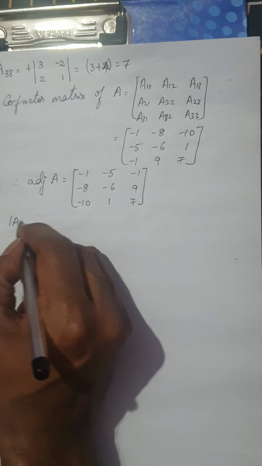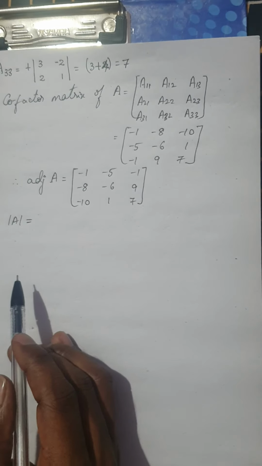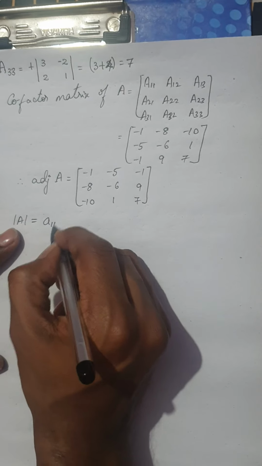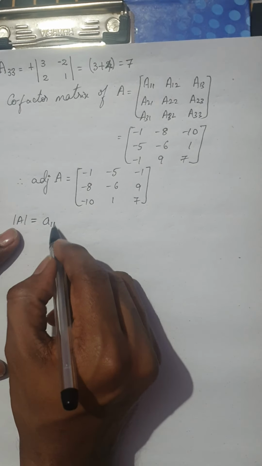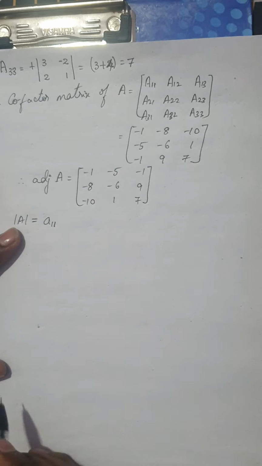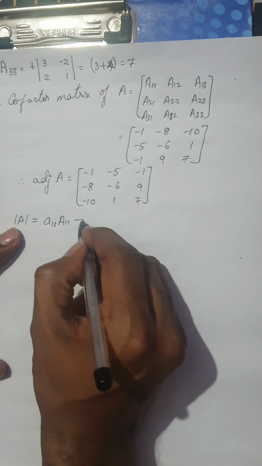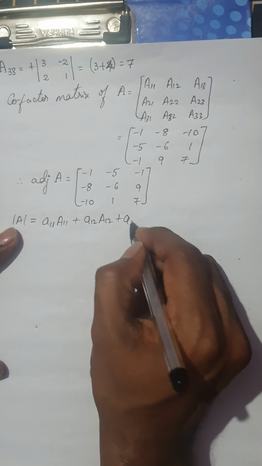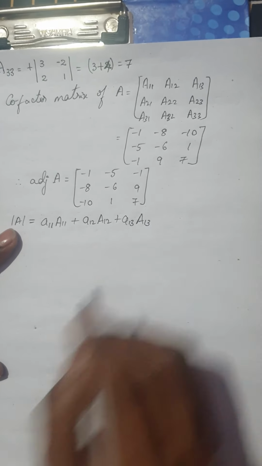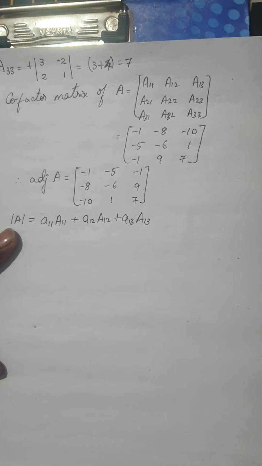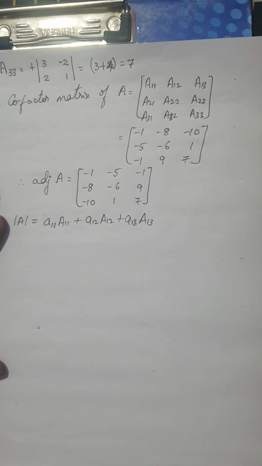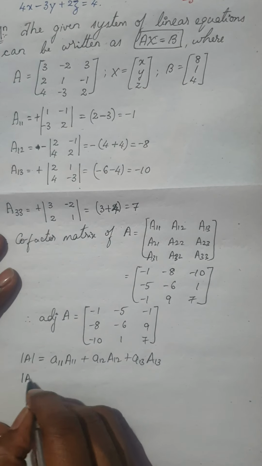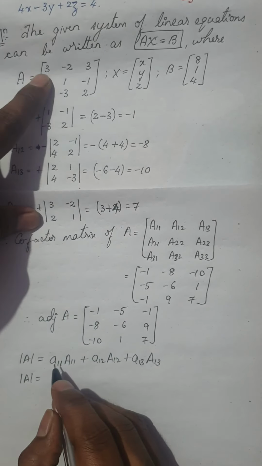Next let me find the determinant of A. Determinant of A, I'll give you a simple formula to find out the determinant easily. You follow this, consider the first element. It is the sum of the product of the element and its cofactors. That is A11 into its cofactor A11 plus A12 into its cofactor A12 plus A13 into its cofactor A13. Is it clear? We are going to use this formula. Okay, see how we are going to get this. Now look here. So determinant of A is A11 means element A11.